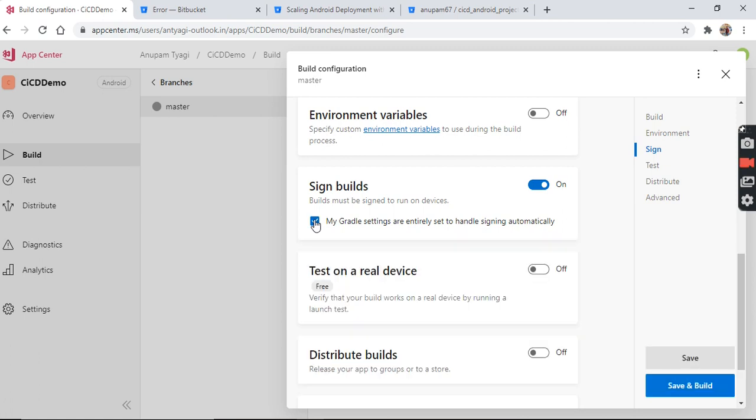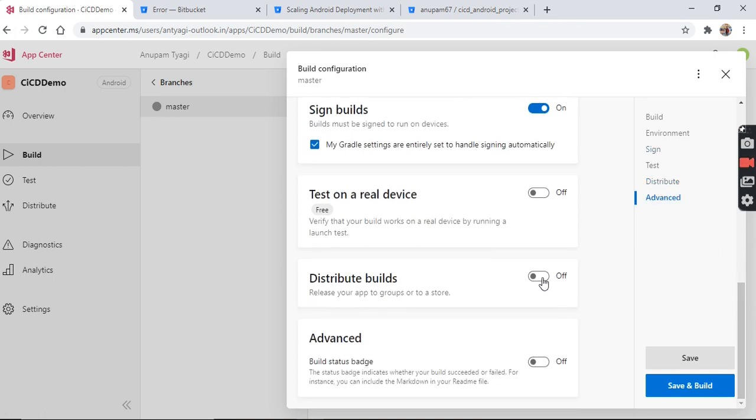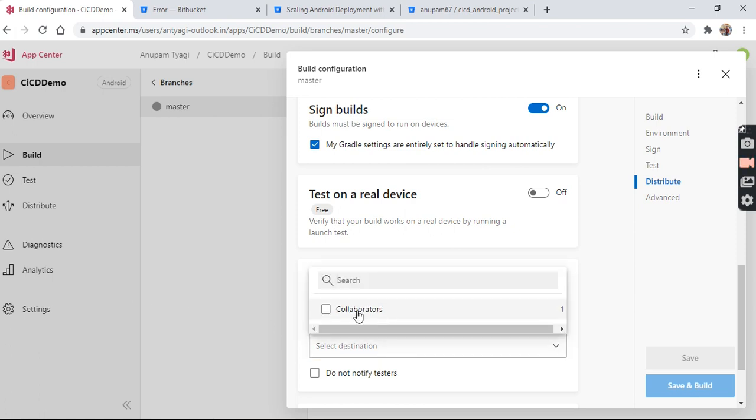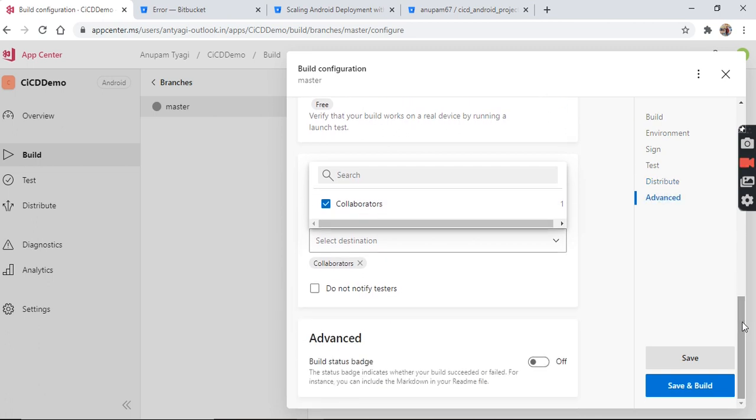Then I will check distribute build, groups, select distribution, collaborators. Collaborators is a group in which all the testers are notified when a new build is uploaded. I will only save here for now.